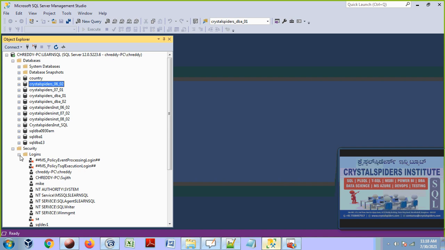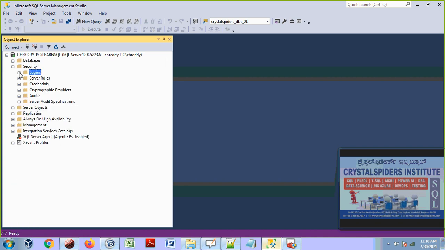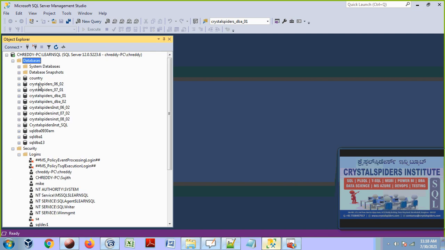Observe this guys, my requirement here is I want to grant access to Sujit on the SQL Crystal Spiders 0602 database, only on one table, that is the employee table.